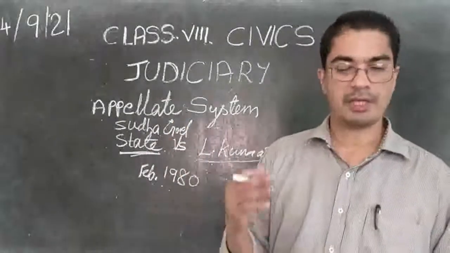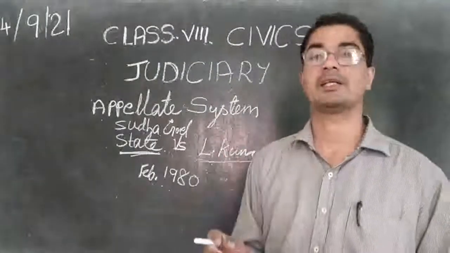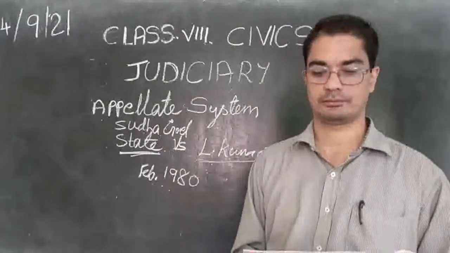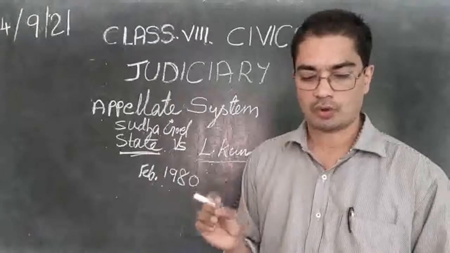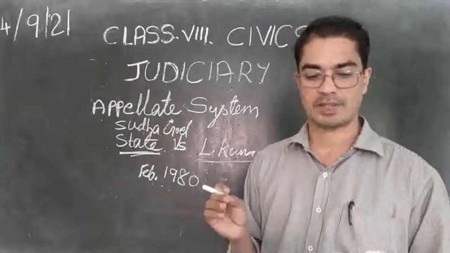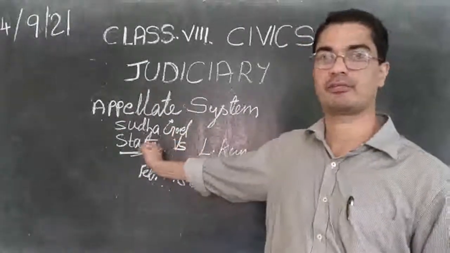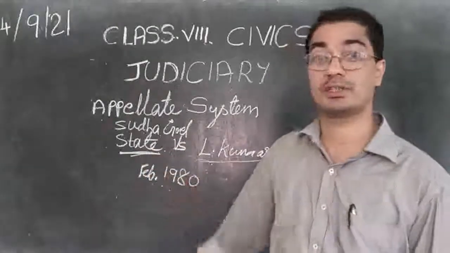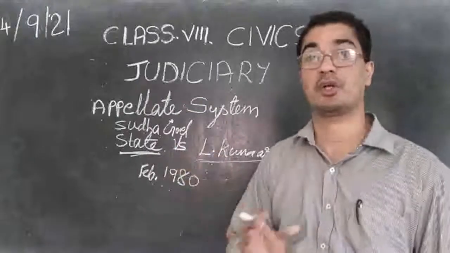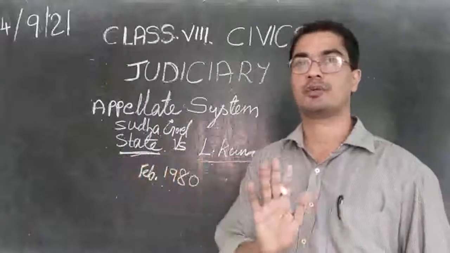Then after hearing these arguments, the High Court decided that Sudha had died due to accidental fire caused by a kerosene stove. Lakshman, Shakuntala and Subhash Chandra were acquitted. So the High Court verdict is completely different. The lower court said these three, Lakshman Kumar, his mother and his brother-in-law, are responsible for killing Sudha. But the High Court said no, nobody killed her.